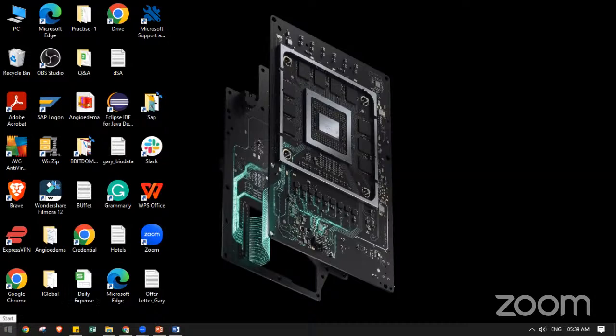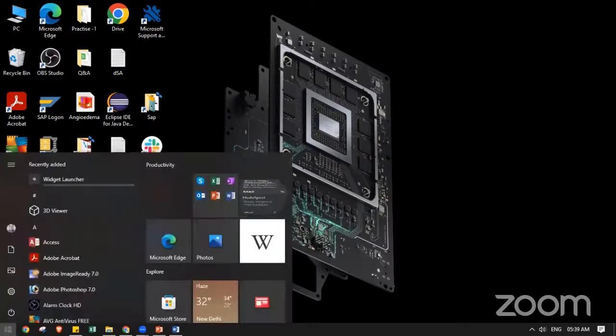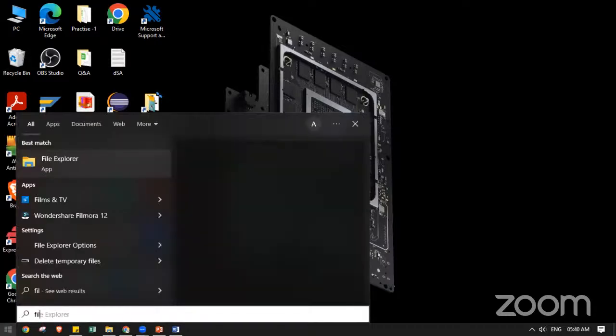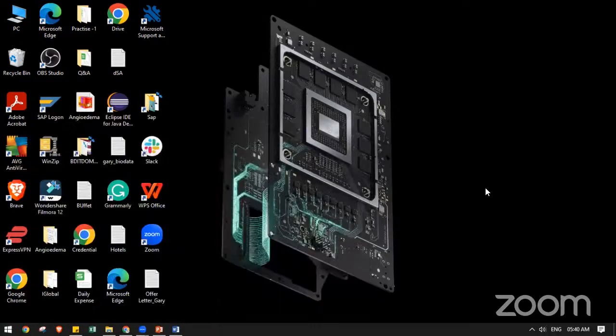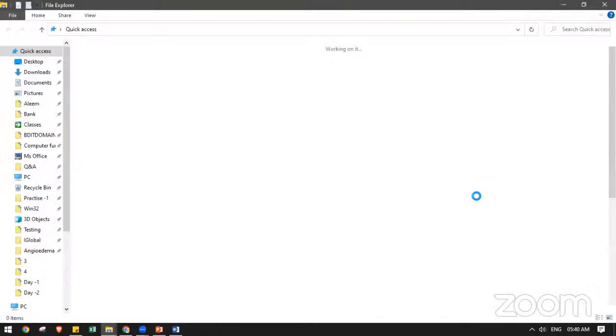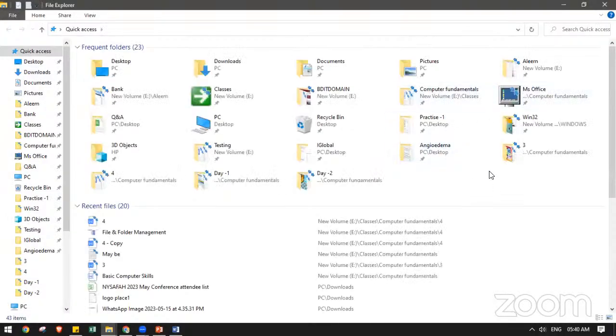Another way to open File Explorer is to click on the Windows button and press E, Windows plus E. Another way is to click on the Windows button and type File Explorer. See, I just type File, and it appears over here. Click on it, and the File Explorer window appears. Okay. Now moving forward,